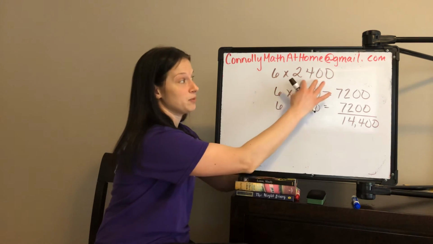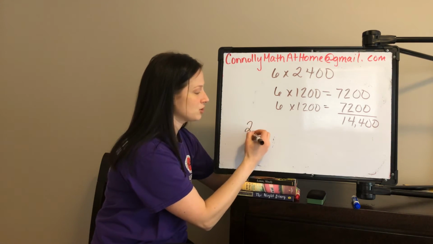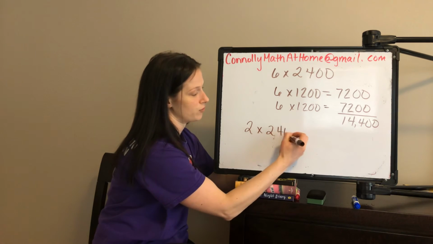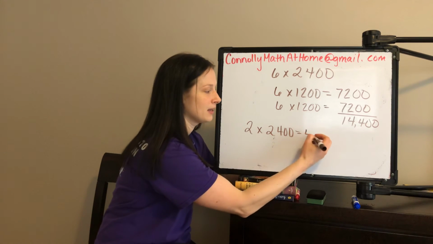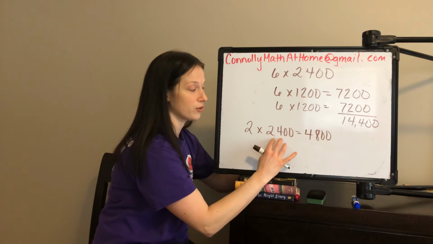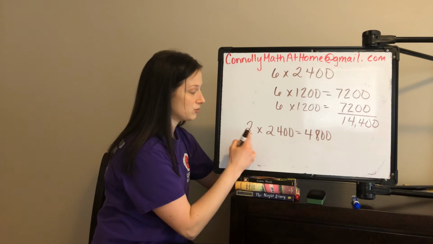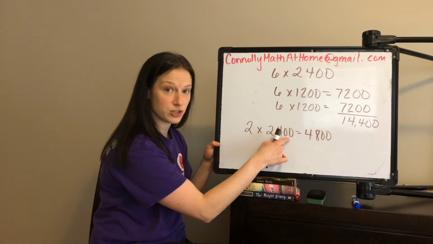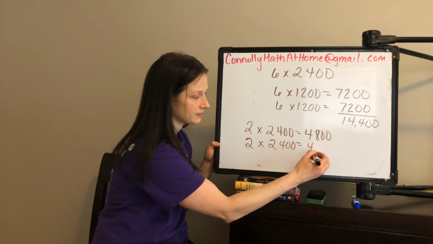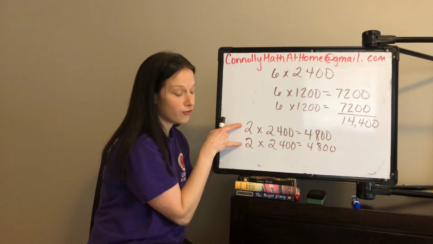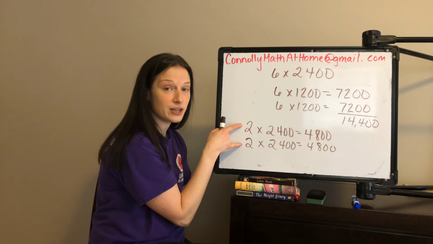We could also think about keeping 2,400 whole and splitting up the 6. So we might have students say, well, I'm going to do 2 groups of 2,400 first because I like working with 2. That might be happening. Okay, so they know 2,400 plus 2,400 is 4,800. How many times do we have to do that? So I have 2 groups of 2,400 toys. I'm going to do another 2 groups of 2,400 toys. So far I have 4 groups of 2,400 toys. And I know that I could do it one more time